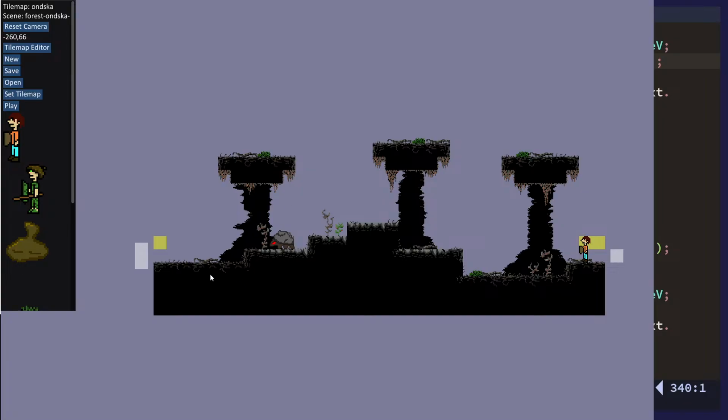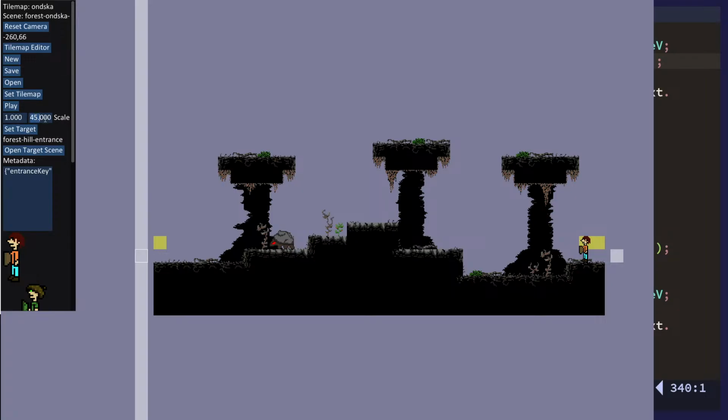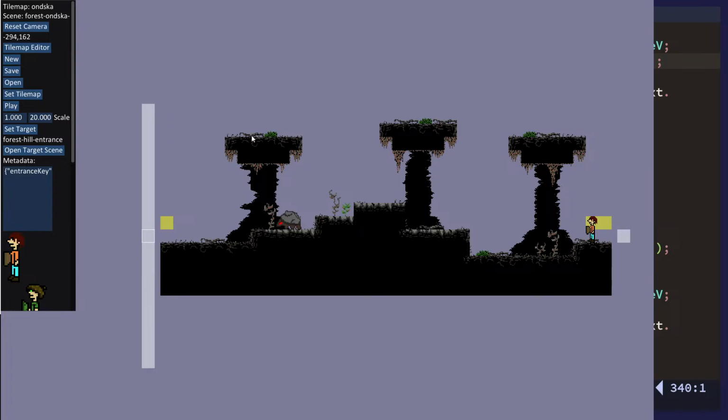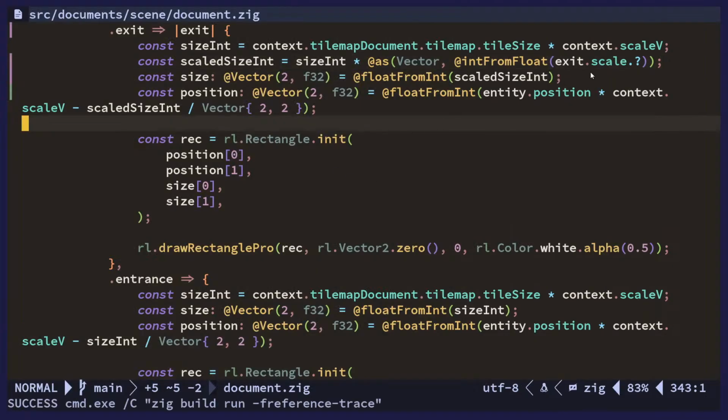Right. So now you can see it's actually scaled here by 2. If we change it back to 1, it's scaled. And we can scale it how we want. Okay, cool. Now, next step is the selection box should also be scaled there. Let's actually scale this by, I don't know, 10, 20. Okay. Save. Then